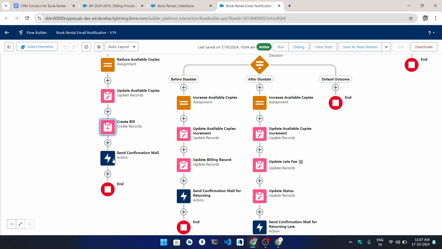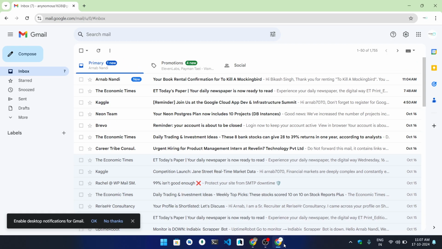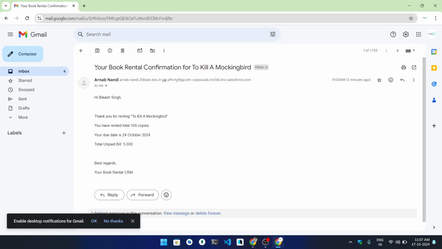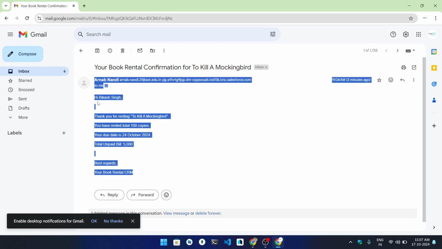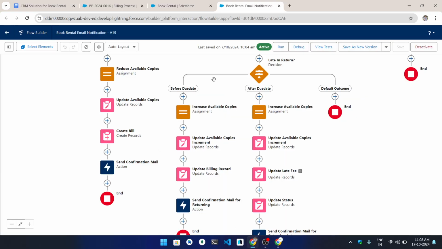And we also have the send confirmation mail. Let's check that the confirmation mail has been sent to us. Okay, see: your book confirmation, To Kill a Mockingbird, and Hi Because Singh. This is the name, and it shows the renting book, total copies, total unpaid bill, and due date. All of the information is there, and this is being sent by this flow automatically. Not only that,